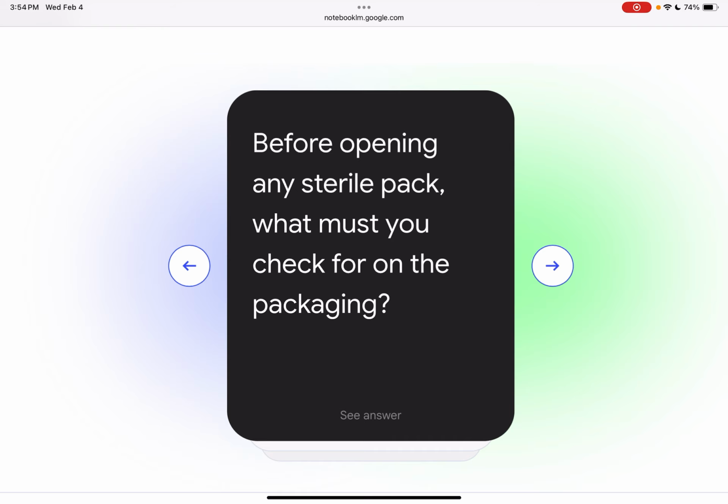Before opening any sterile pack, what must you check for on the packaging? If there's any open dili jud na siya nato i-use kung naay open nga